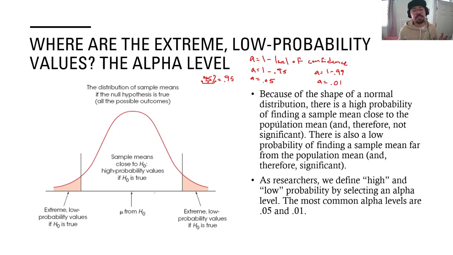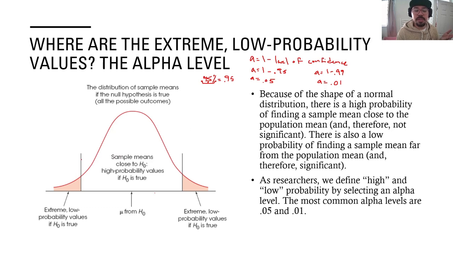So that's the relationship between level of confidence and alpha level. 95% confidence is connected to an alpha of 0.05. 99% confidence is connected to an alpha of 0.01. The reason that those are relevant is because, remember, when we're talking about 95% being attached to a z-score of